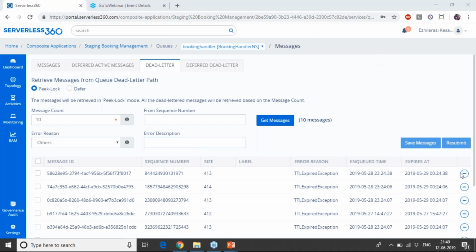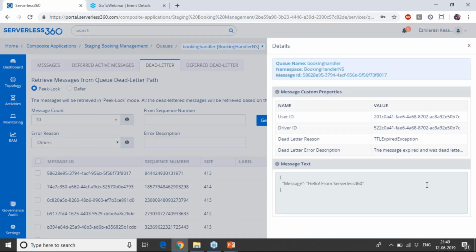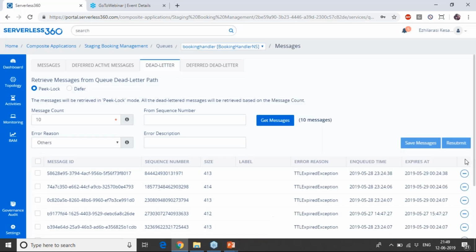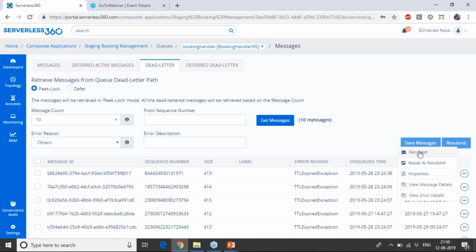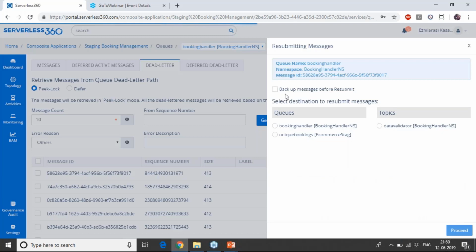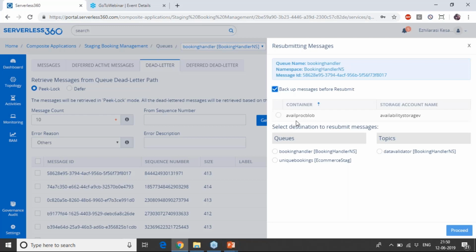So one of the challenges Nishant was mentioning is there is no message visibility. Here we provide you message visibility, like you can see the custom properties and the message content right in front of you. And you can also perform much more actions beyond this, not just viewing the message details and error details. You can even choose to resubmit the message back into the queue or to a different destination depending on your business orchestration. At the time of resubmission, you also have an option to back up your message into